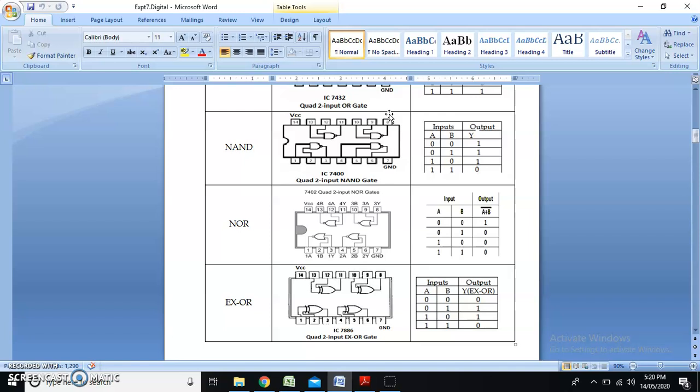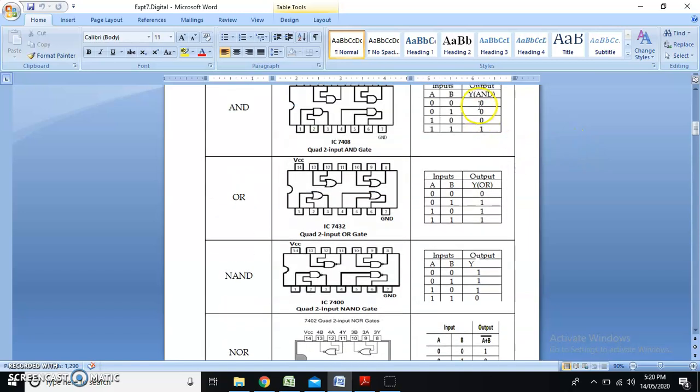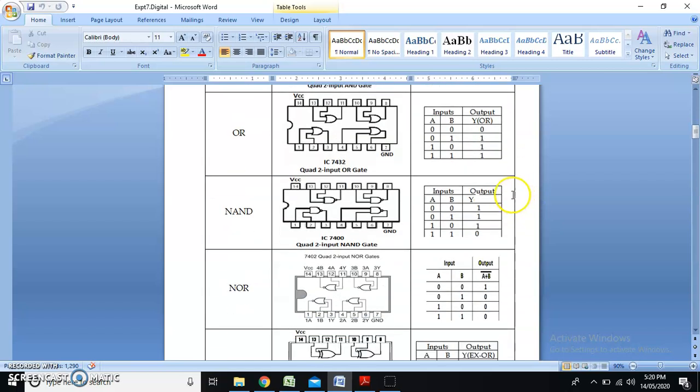And what should be the table? First of all, we have to write the AND table, and the AND table we will invert. That is what the NAND gate table is. So what was the AND table? 0, 0, 0, 1. So its inversion will be what? 1, 1, 1, 0. So that is what is available. 0 into 0 is 0, its inversion is 1. 0 into 1 is 0, its inversion is 1, therefore output is 1. Okay, next is 1, 0. First we will perform the ANDing operation. 1, 0 means 1 into 0, 0. And then NOT means 0 inversion 1. 1 into 1 is 1, but it's NOT, so it's a 0, therefore the table is like this.